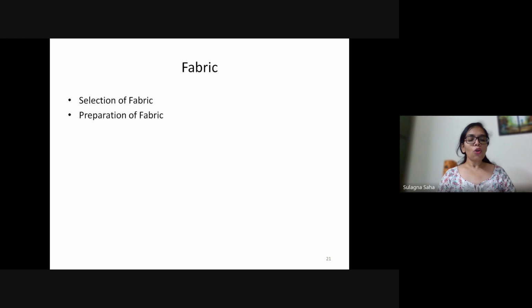Okay, you should always look at what is the right and wrong side of the fabric. There are fabrics in which it is often very confusing to understand which is the right side and which is the wrong side. If there is a print or some sort of embroidery, that is very clear, but in certain solid fabrics it becomes very difficult to understand which side is the right and which is the wrong side. So a few of the techniques to understand this: the fabric is generally smoother and more lustrous on the right side. You can also look at the selvage. The selvage is smoother on the right side and a little punched on the wrong side of the fabric.